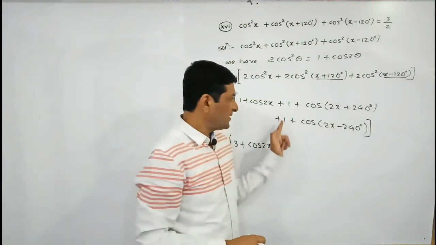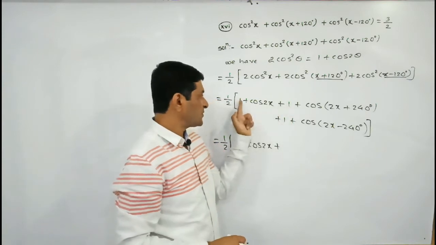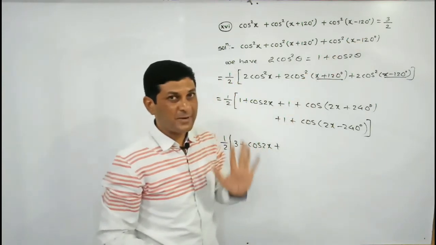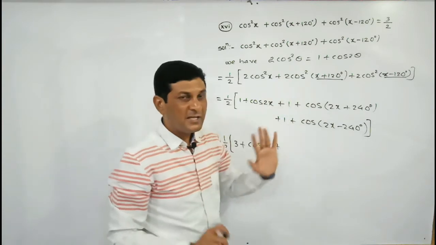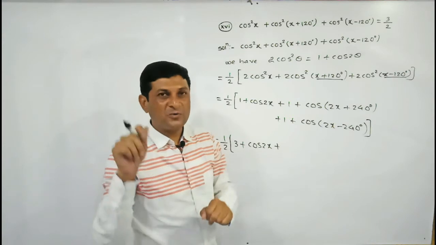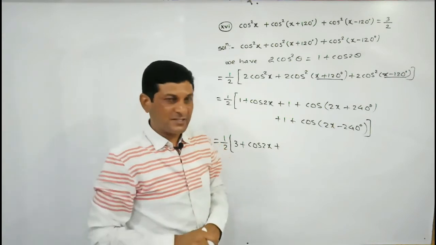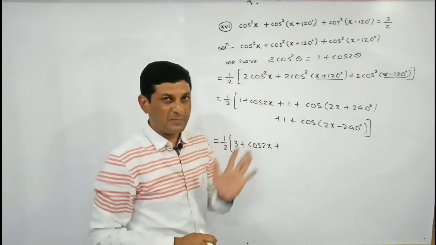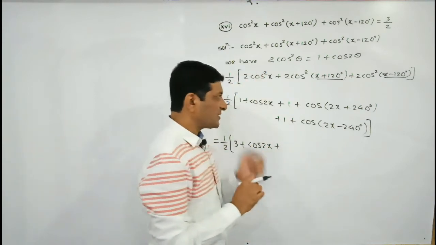Now if you observe, already we have collected this term. 1 plus 1 plus 1 is what? 3, and 3 into 1 by 2 will be equal to 3 by 2, means we will get our required result. Only the remaining part is simplifying the remaining expression. We have to show that all the terms will get cancelled, and here the remaining term is only 3, and 3 into 1 by 2 will be equal to what? 3 by 2. So here cos 2x, keep it as it is.